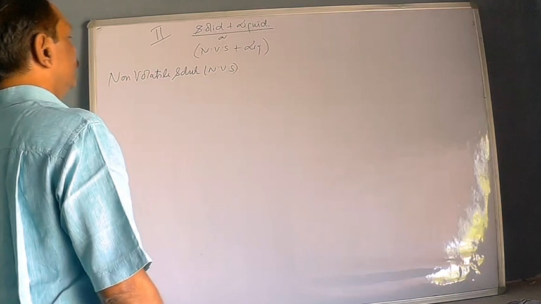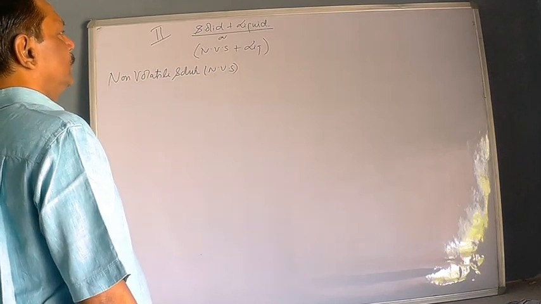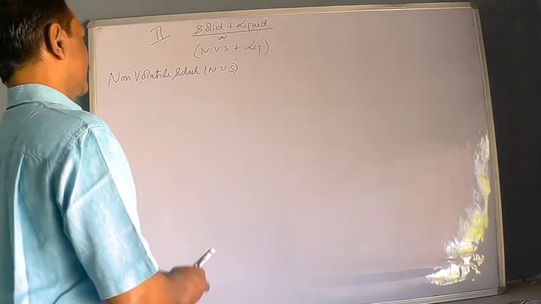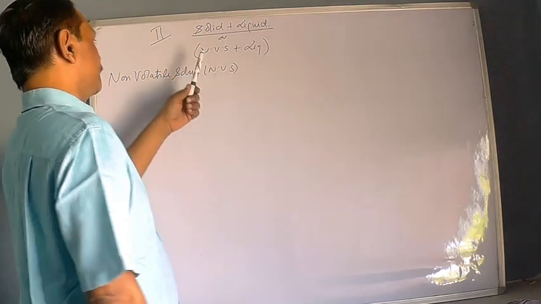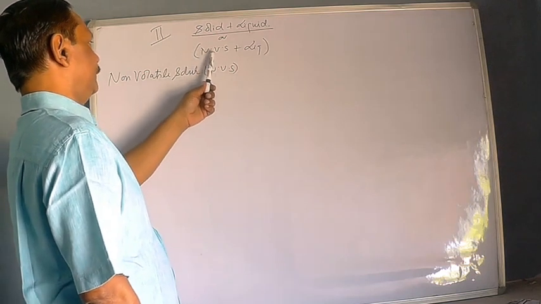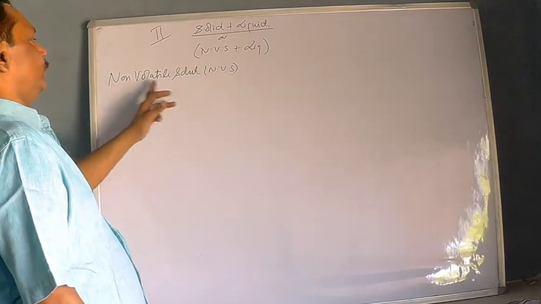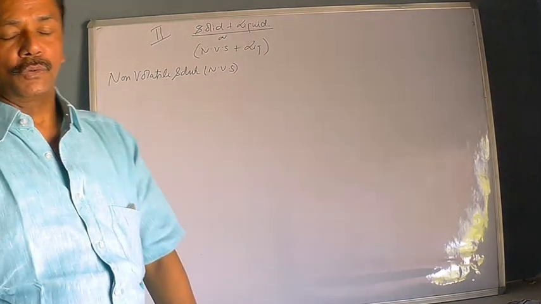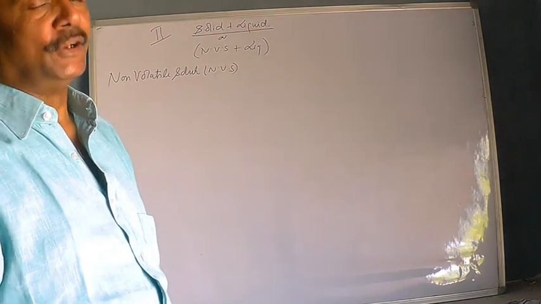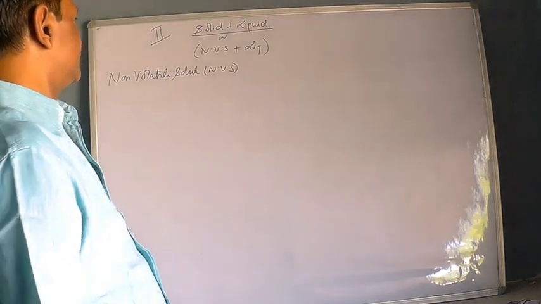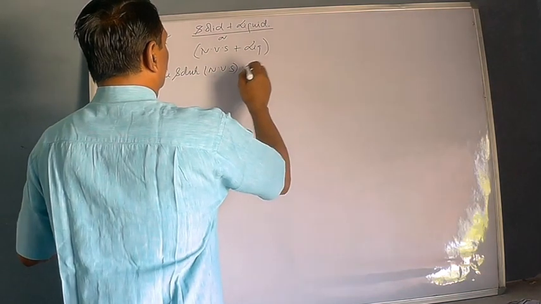Class, now we'll move to our second topic in solution. We have already covered Raoult's law. Now we are moving to the second topic, solid plus liquid, or to be more particular, NVS plus liquid. What is NVS? NVS is your non-volatile solute. What were volatile substances? Volatile substances readily go into the vapor state, but a non-volatile solute is just the opposite, it does not